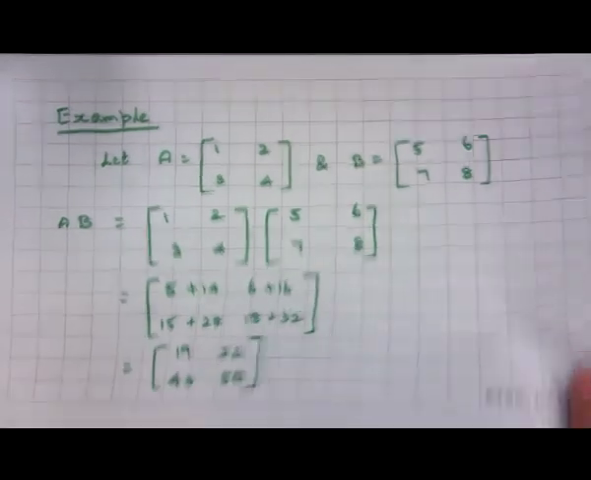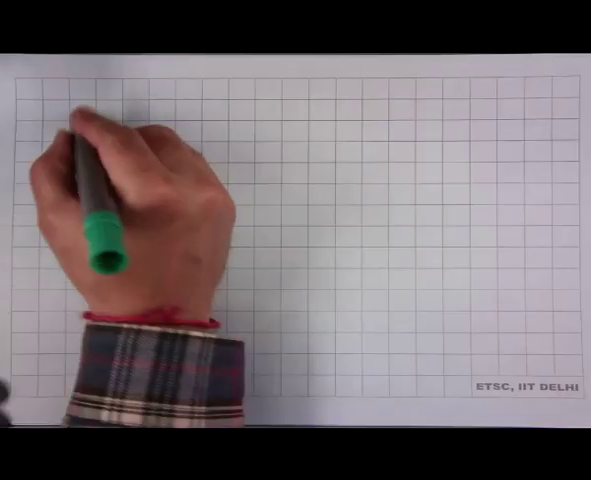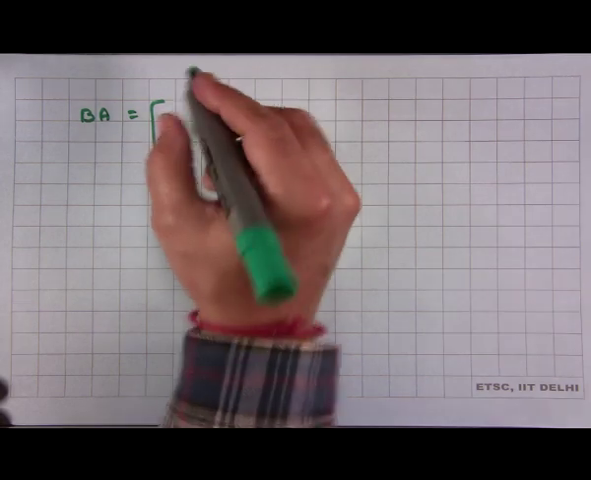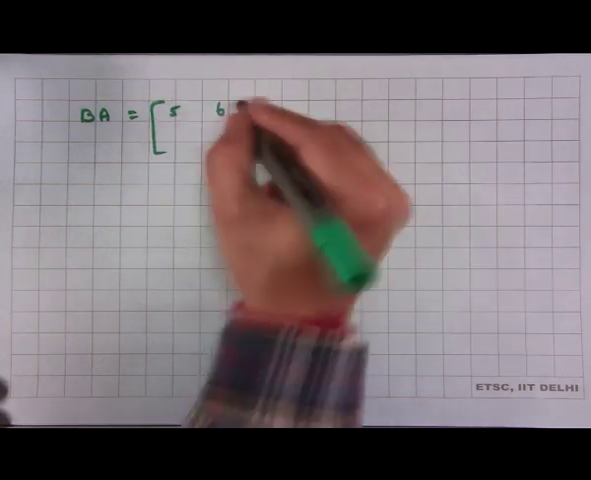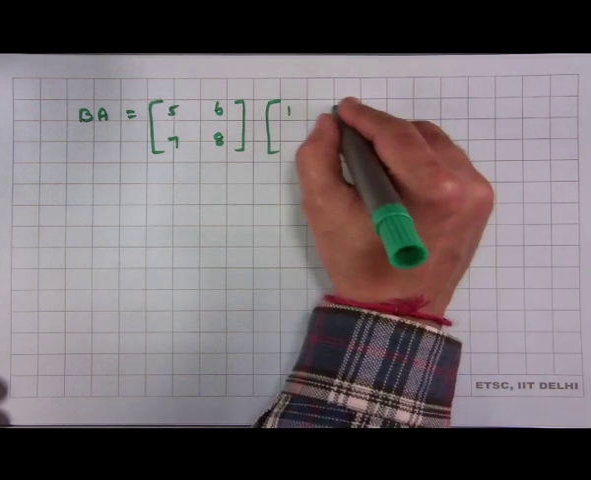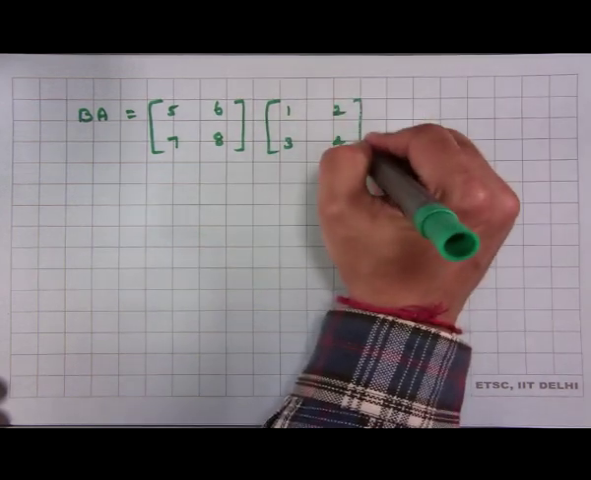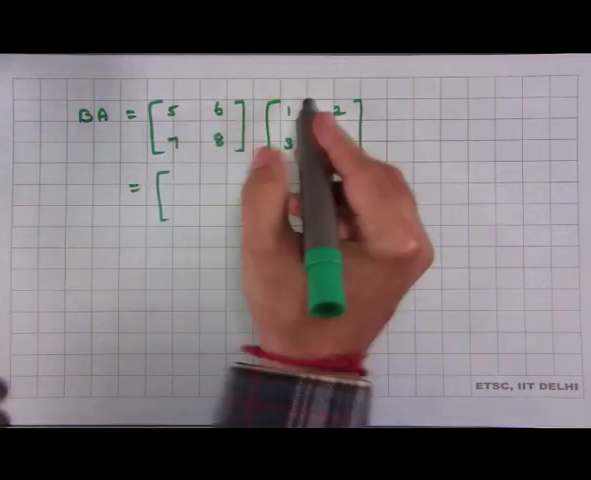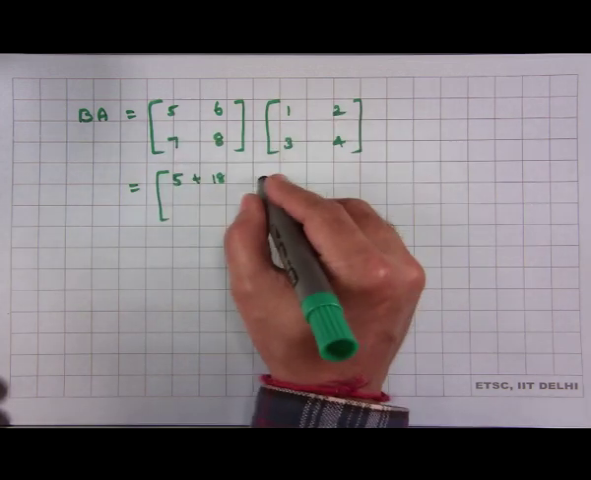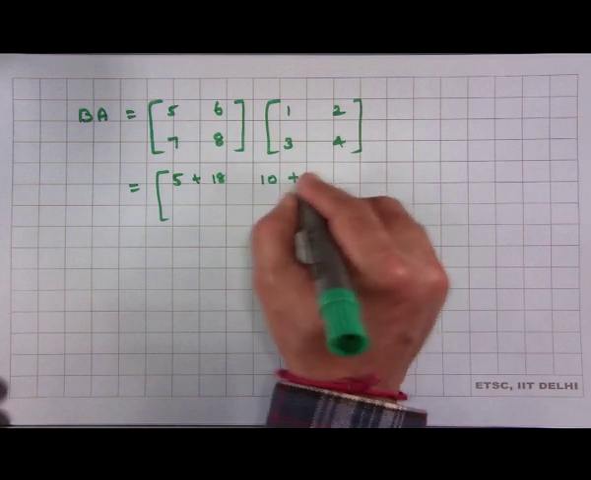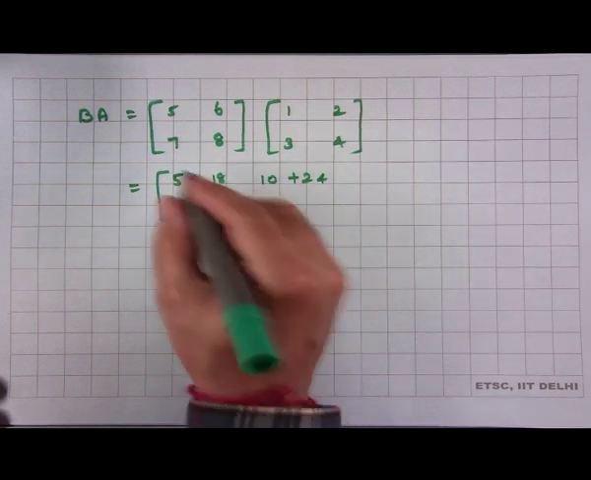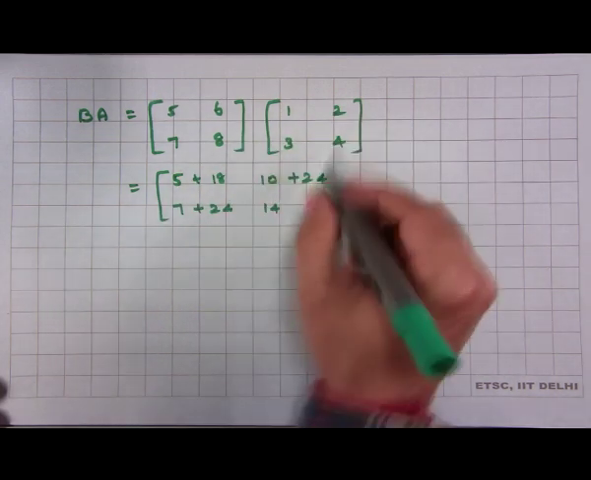Now, let us try to calculate BA, which is equal to the matrix 5, 6, 7, 8 times 1, 2, 3 and 4, which is equal to 5 into 1, 5, plus 6 into 3, which is 18, 5 into 2, 10, 6 into 4, 24, 7 into 1, 7, 8 into 3, 24, 7 into 2, 14, 8 into 4, 32,